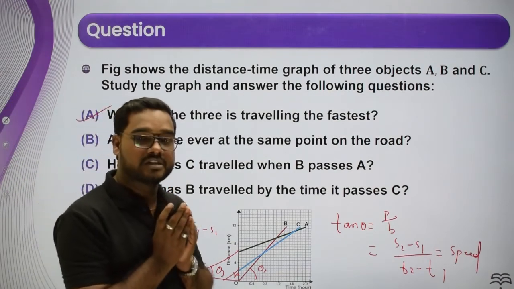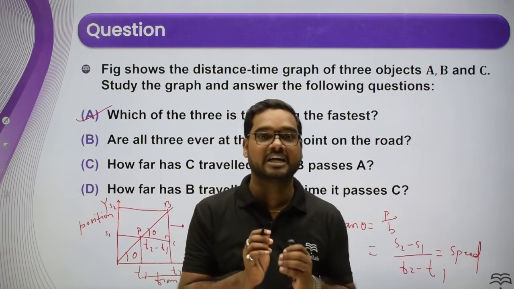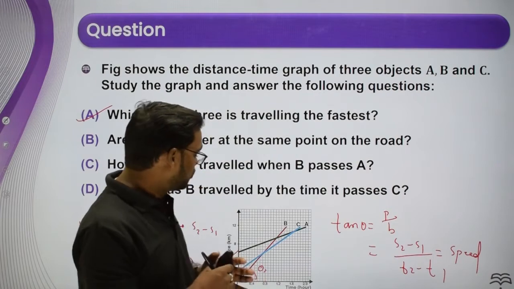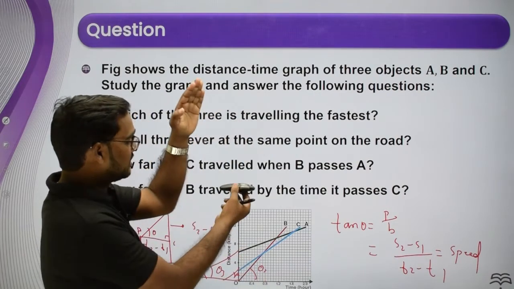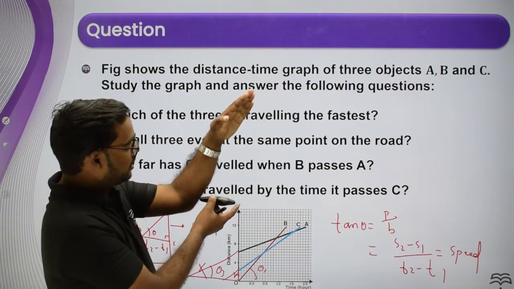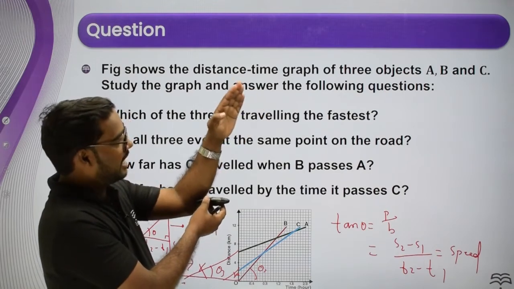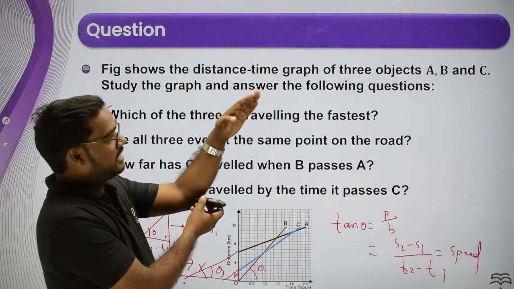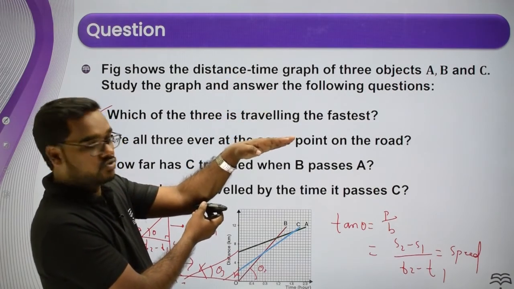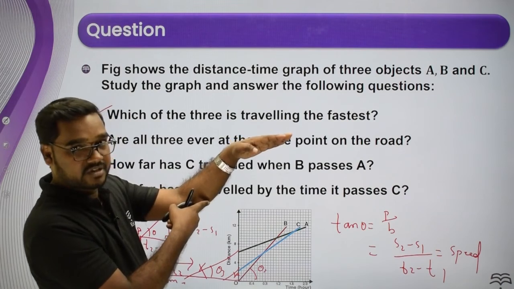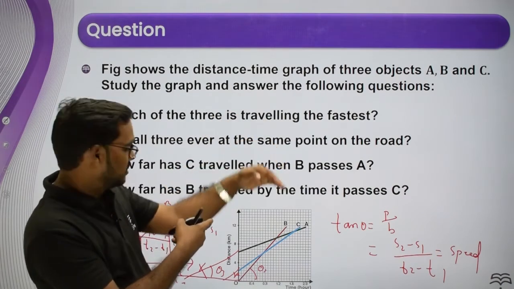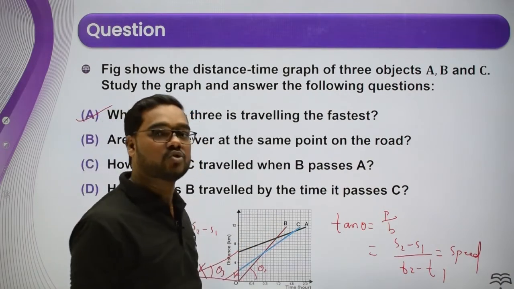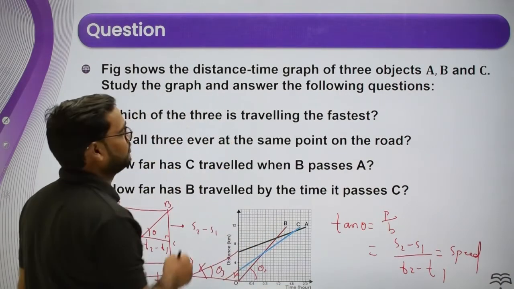Now you have the knowledge, you just need to calculate the slope of the line. You will get the speed or velocity of that object. You can observe from this graph, because you know that if this is the x-axis and this is your line, you just need the inclination. The highest inclination will give the highest velocity. Now you can see here, the B line is somewhere here, the C line is here, and the A line is here. You can see the inclination decreases as the line goes down towards the x-axis. So the B has the highest slope, and the answer to the first part is B.